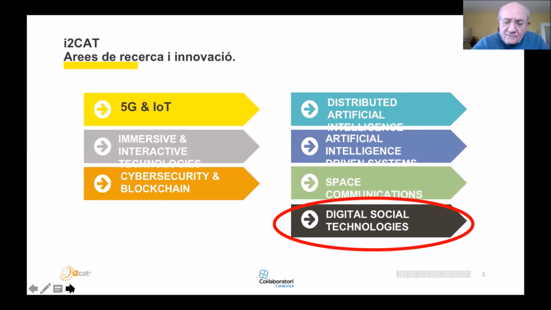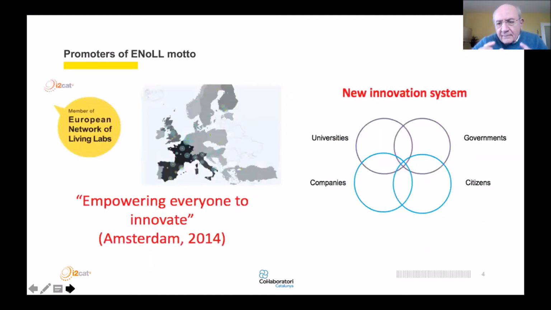Following a little bit, we started working with Enoll at the beginning, 2006. And in 2014, we pushed this idea of empowering everyone to innovate in order to make real this philosophy of the quadruple helix. The problem we discovered with this formula is that for doing the quadruple helix, you need before a triple helix. That means that you cannot do the quadruple helix only with citizens, but you need to complete a little bit the triple helix with this leg of citizens, civil society. But this integration is easy to formulate, but difficult to build.